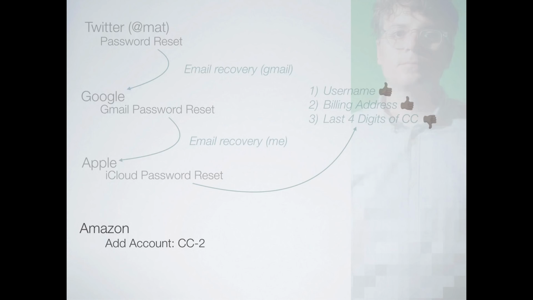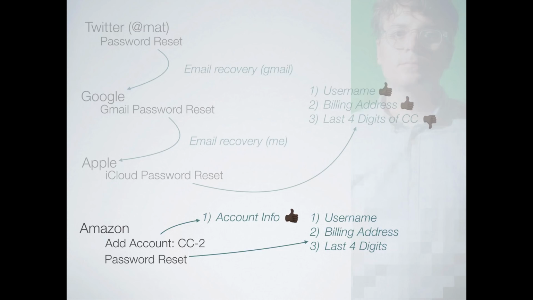They basically are like, "Okay, what's the username? Give me that credit card number. I'll add it to your file right away." So they just needed the basic account information. So the adversary added a second credit card to the account. Then they hung up, called back, and said, "Okay, I want to reset my Amazon password." And Amazon said, "Okay, I need the username, the billing address, and the last 4 digits of your credit card